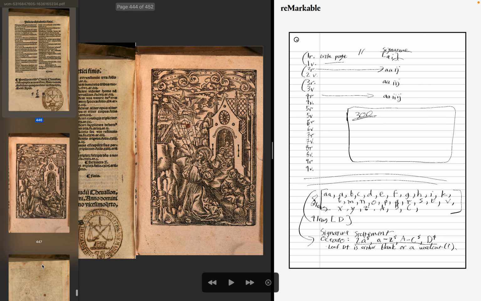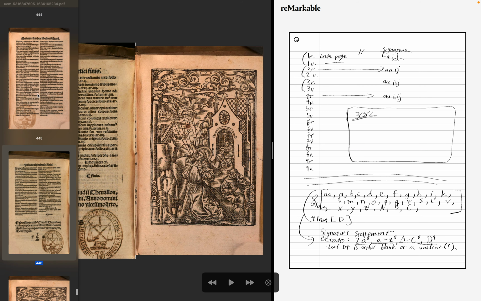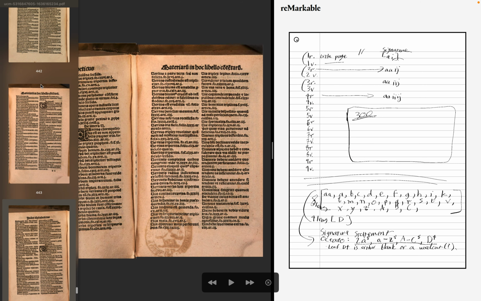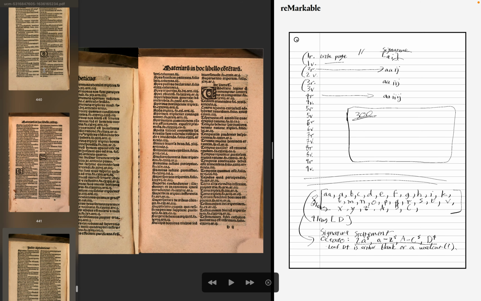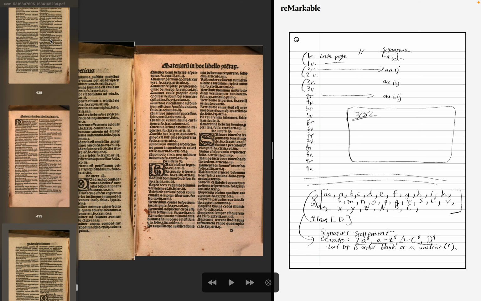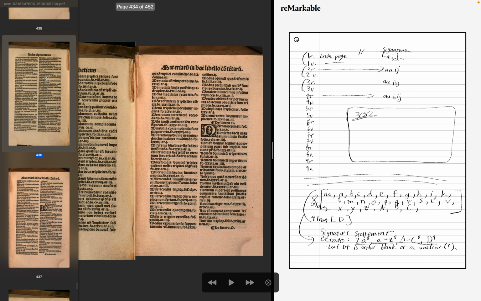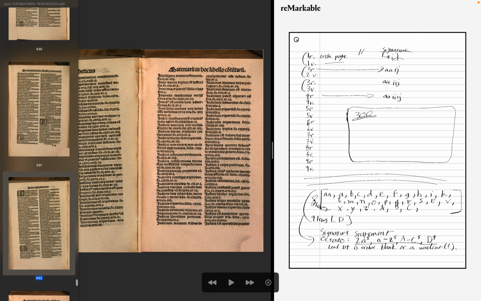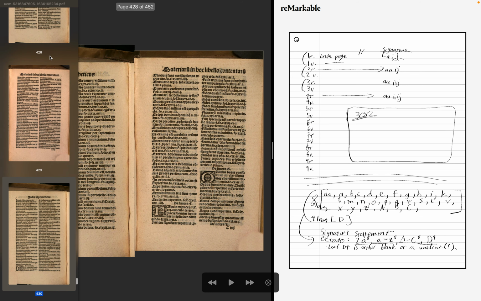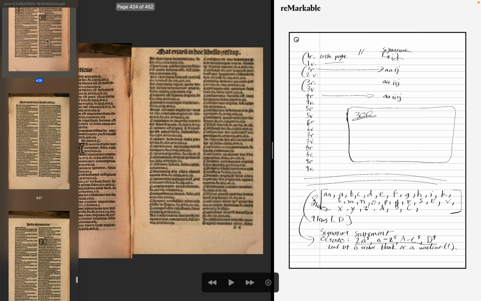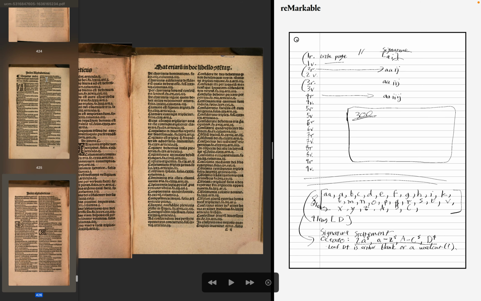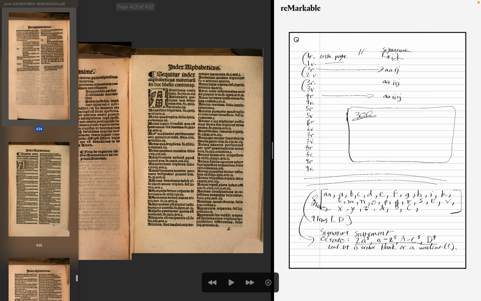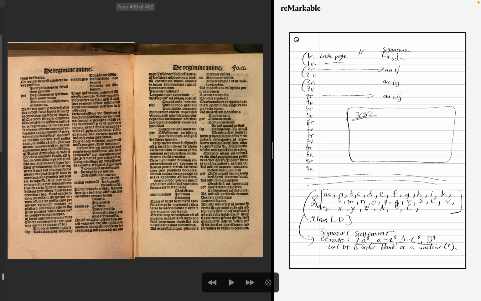We're going to count this as 1, 2, 3, 4, 5, 6, 7, 8, 9, 10, 11, 12. So yeah, that makes sense, because this is page 200, or folio or leaf 200,